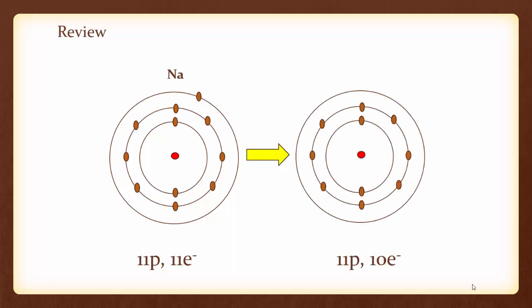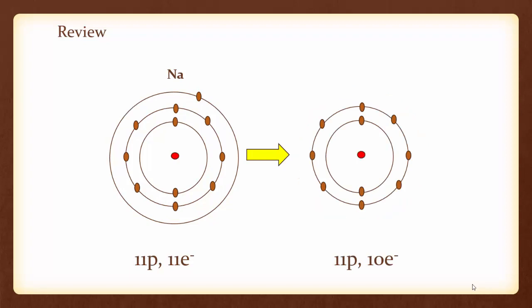And for sodium, it's easier to lose 1 electron. So you now have 11 protons and 10 electrons, and there you have the octet. For the ionic charge, you take the number of protons, and then you add the electron, the negative 10 charge, and you end up with plus 1. So you would say you have sodium 1 plus, or the sodium ion, and because it is positively charged, it